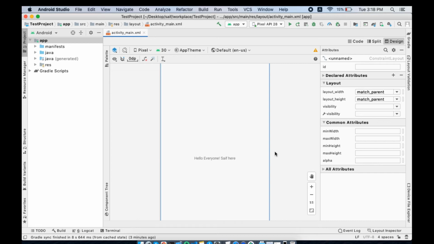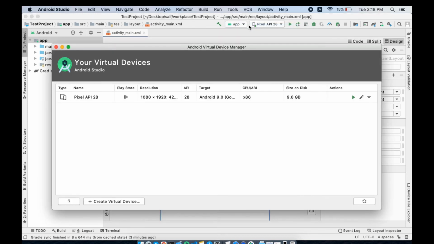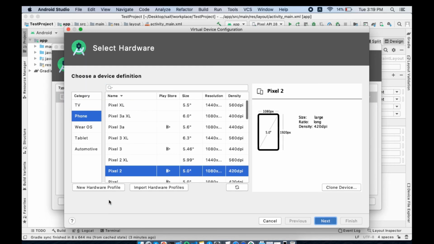For that we need to first create an emulator. To create an emulator we need to go to the Tools section, press AVD Manager. Here I have already created an emulator, but you will need to create a new one. For that press create virtual device.